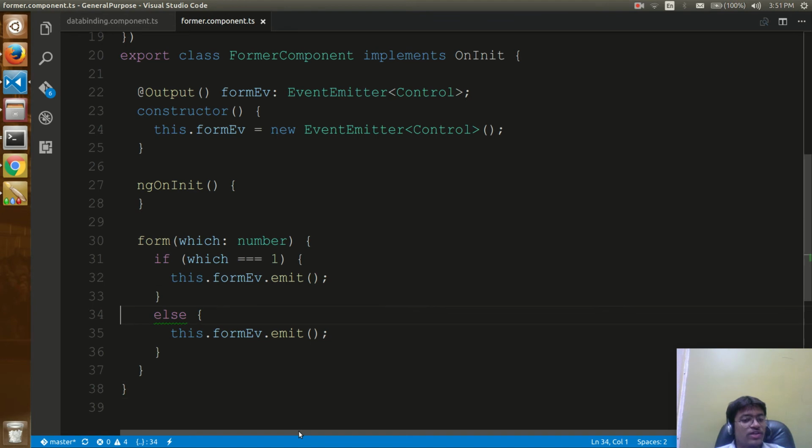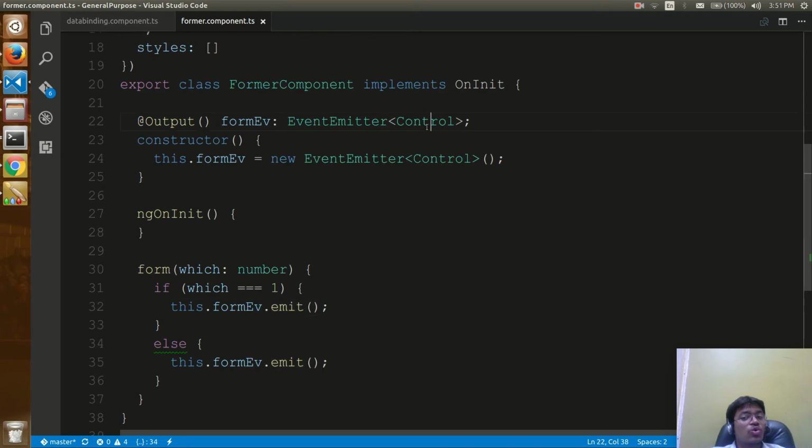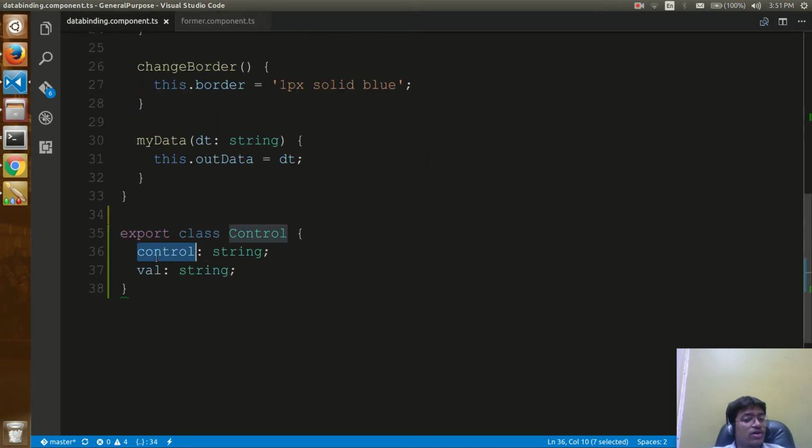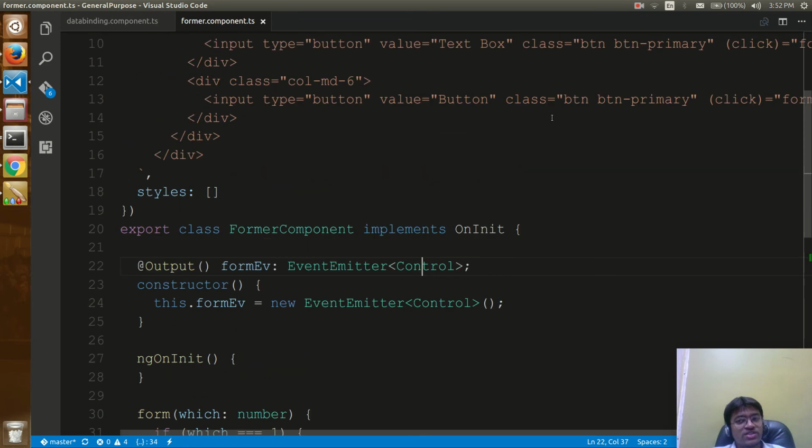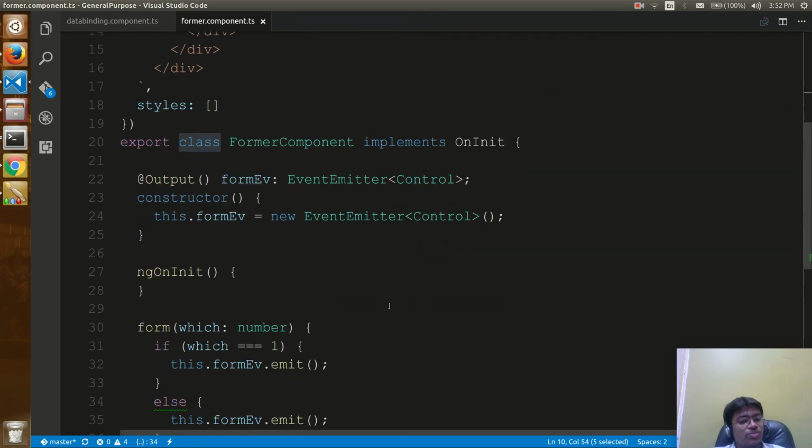Okay, so it is going to emit the object of type control, right? And control has a control and a value. These two things are there, right? So control is of type object, which would have control and val, both of the type string. If you click the first button, which is this text box, we need